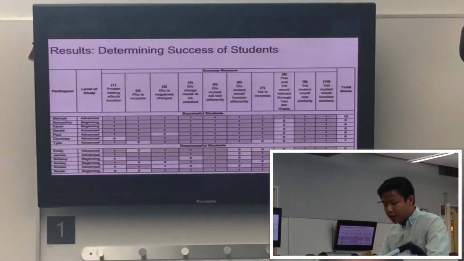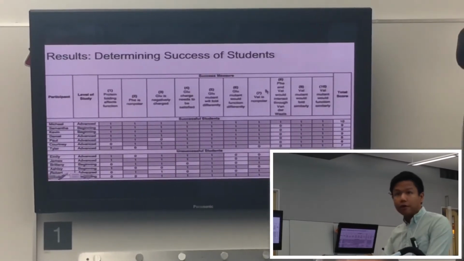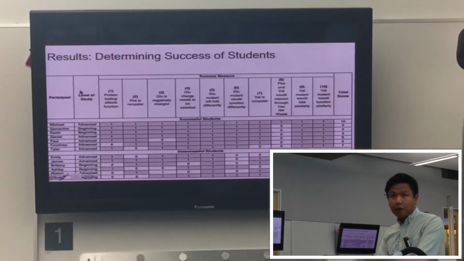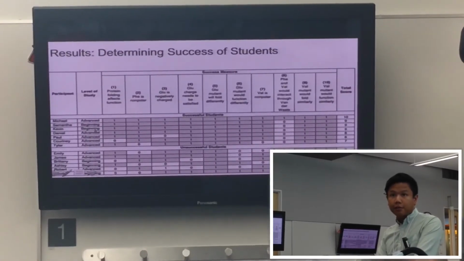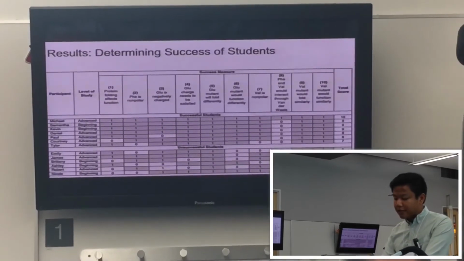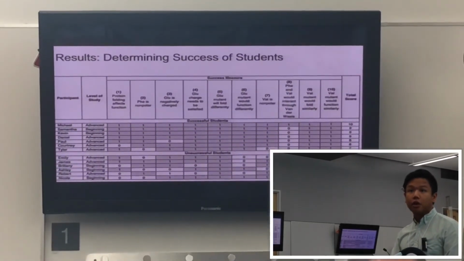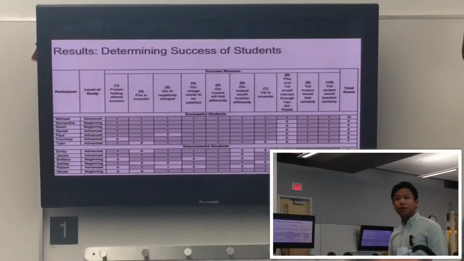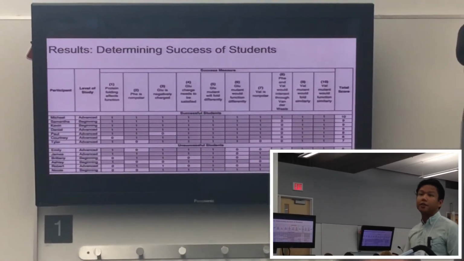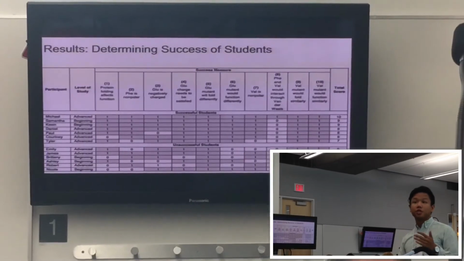And here it is. I'll explain a little bit about it. Starting from the left, we can see the participants, all student participants here, followed by their level of study, advanced or beginning, and then the 10 criteria that we deemed represented success for a student. And those are, starting from the left, protein folding affects function, phenylalanine is nonpolar, glutamate is negatively charged, glutamate charge